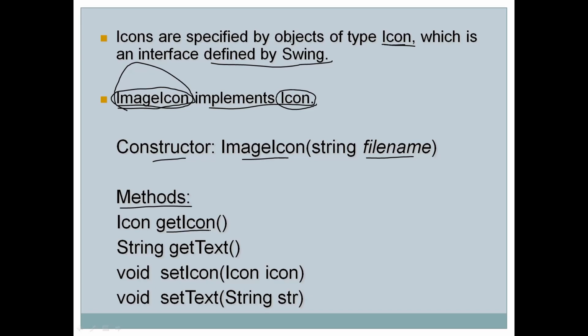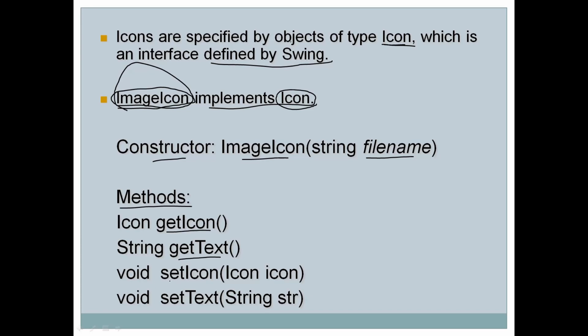Java has setter and getter methods for most purposes. For reading text, we have a method called getText. For adding text, we have a method called setText. Getter methods are used to retrieve, setter methods are used to set. So we have a getter method here, getText. This will give us the text which is there on the label.